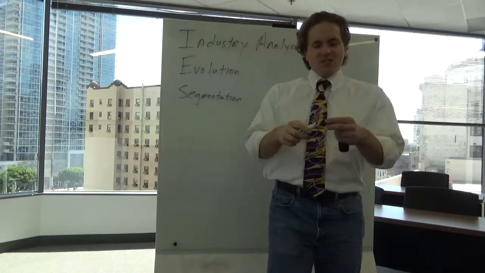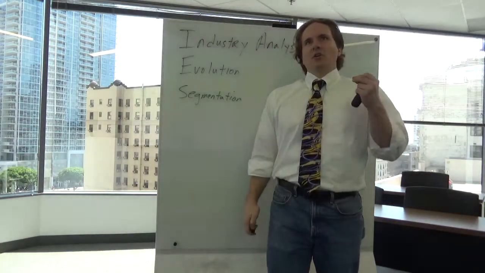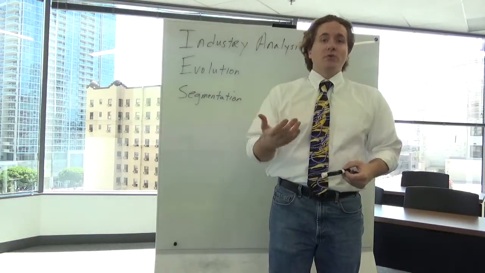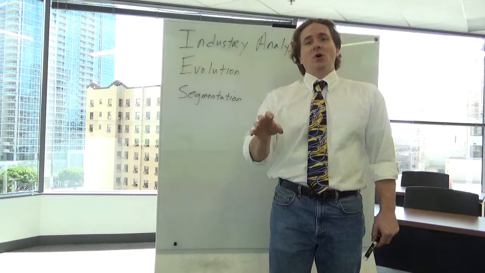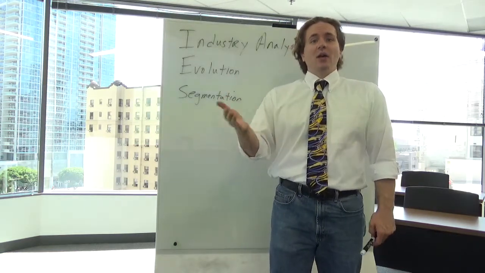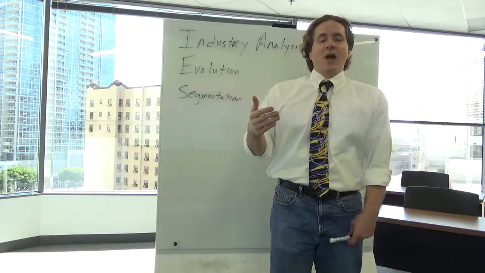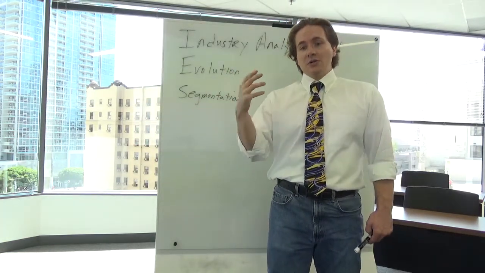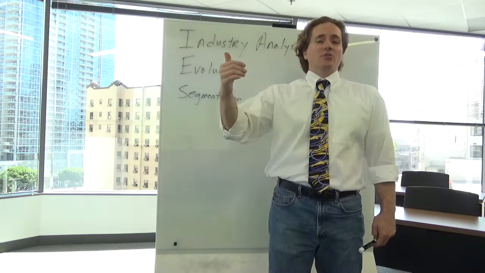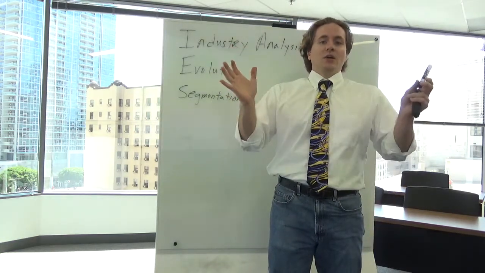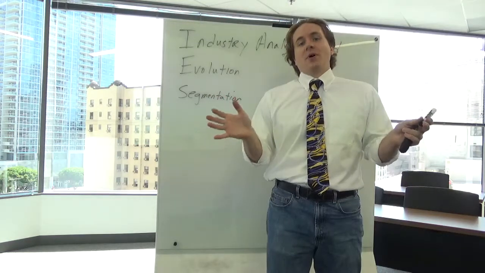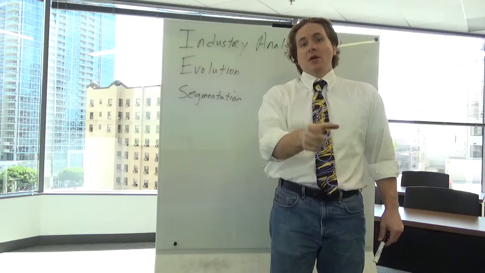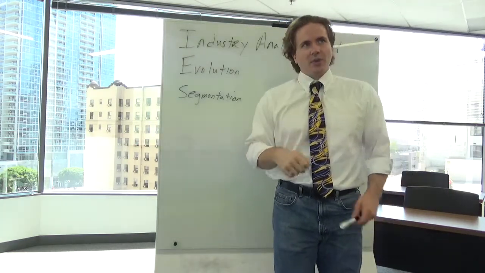Segmentation asks, what is the relevant unit of analysis used for strategy formulation? As you probably remember, we talked about boundaries and things like that, because it's important to know exactly in which industry you compete. A big part of Michael Porter's discussion is that strategy is deciding what not to do. That includes in what industries you do not compete. It's impossible for any firm to be everything to every single customer. So you have to be able to segment your industry and decide exactly where you're going to compete.